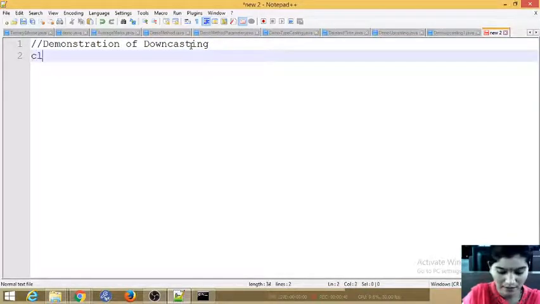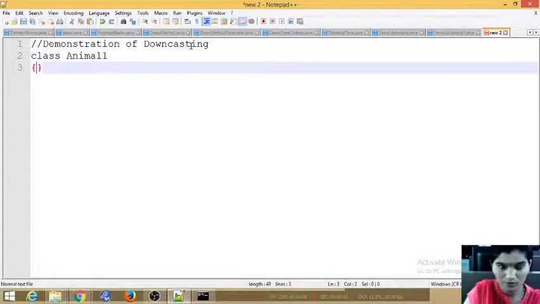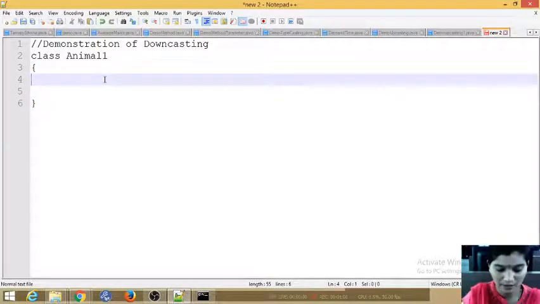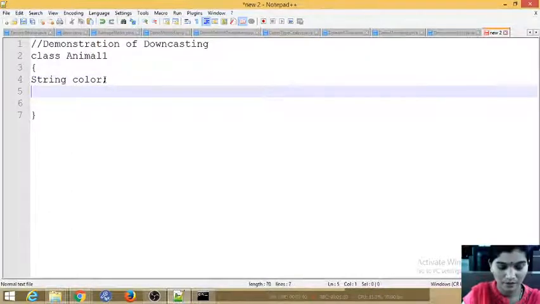Create a class; the class name I will use is Animal1. In this I have one variable, a String color, and I have a method. The method is void, and I'll use nature as the method name.